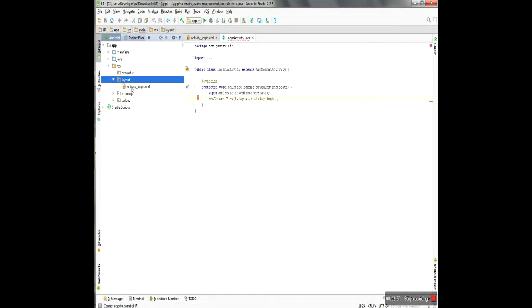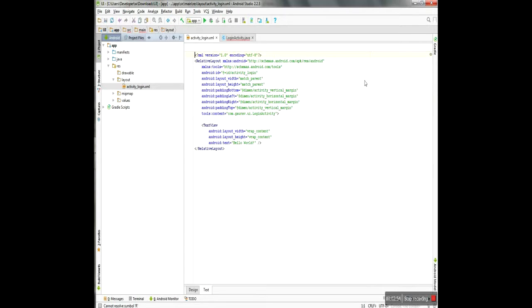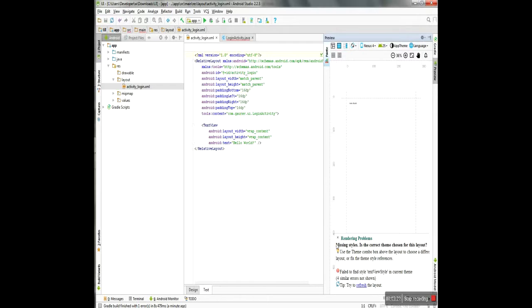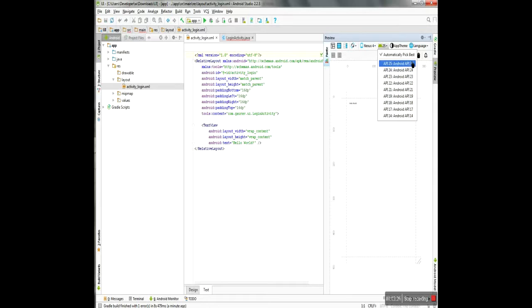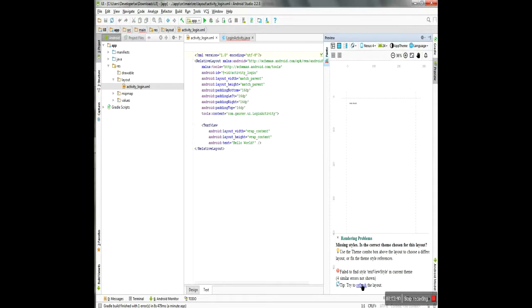Just go to layout XML. This is the default layout of my activity. First of all, I want to show you a rendering problem that occurred. Whenever your studio has a rendering problem, it is easy to fix here. You can choose any lower version, like below 25, and just press refresh. You can also refresh from your